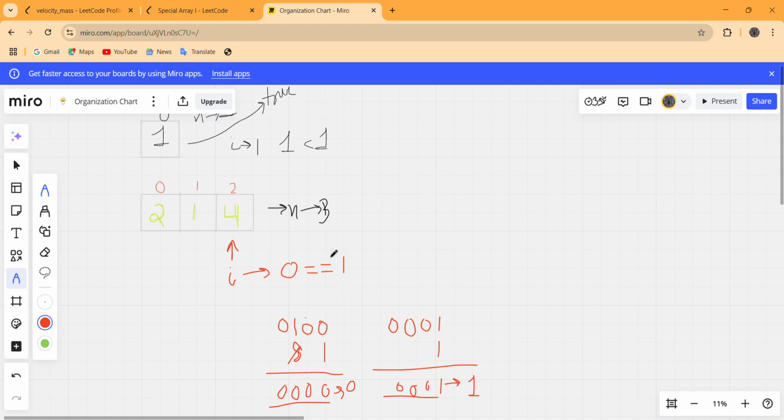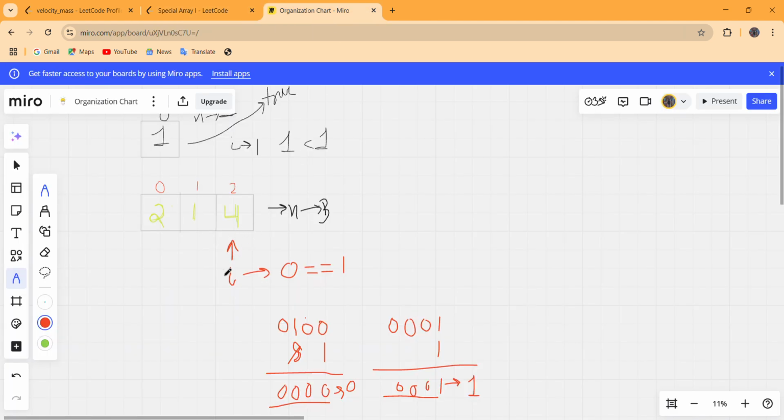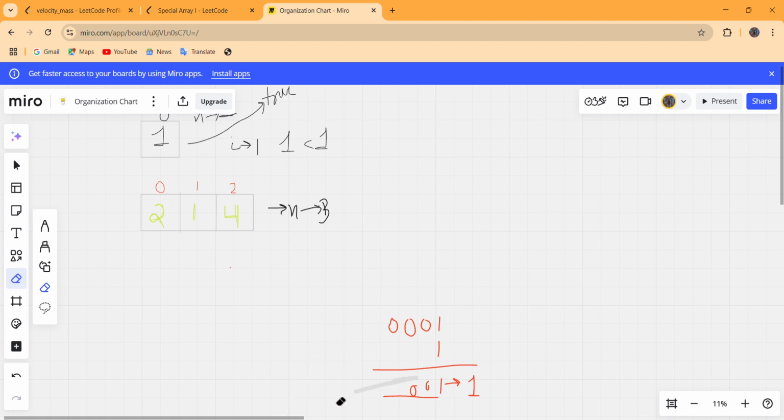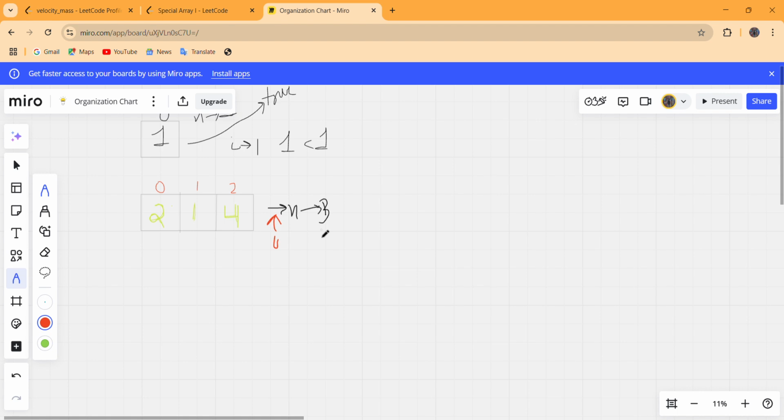So the if condition will check if 0 equals 1. No, this is not true, so I will again increment to 3, that means I is now 3. I now points here, and the for loop will check if 3 is less than 3.